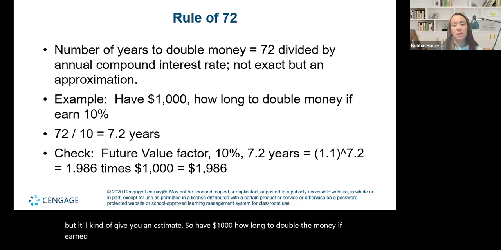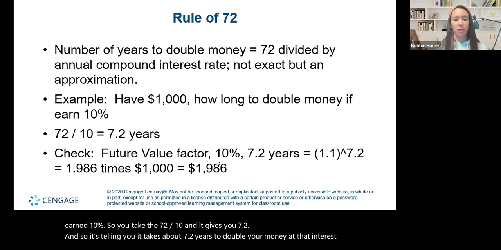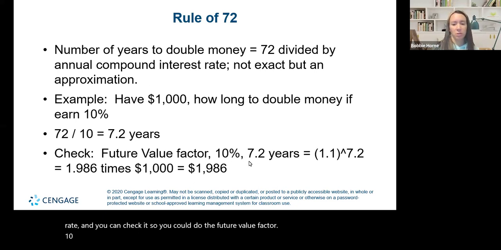So you take the 72 divided by 10 and it gives you 7.2. And so it's telling you it takes about 7.2 years to double your money at that interest rate. And you can check it. So you can do the future value factor, 10% in 7.2 years. Okay. And if you look that up on the table,